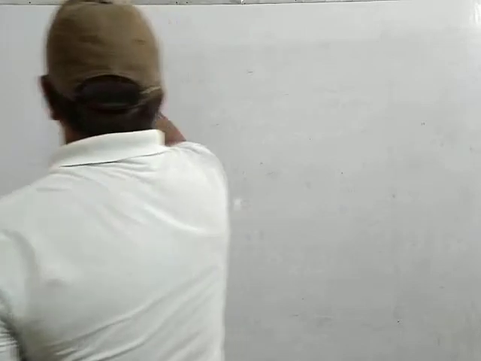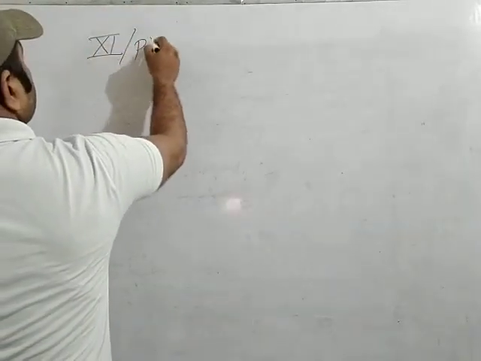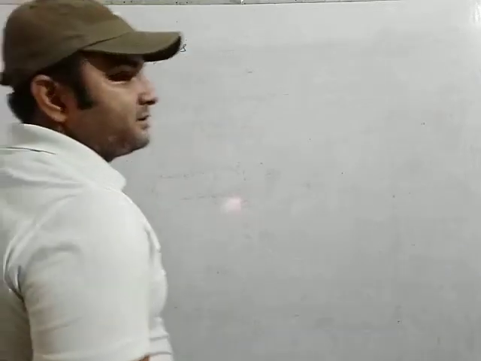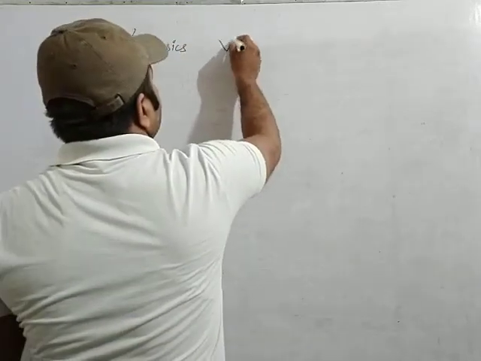This is the fourth lecture related to class 11 physics, second chapter, that is kinematics. And in this lecture, today we will discuss the dot product and cross product related to vector terms, our vector topic. Let's see. The concept of dot product and cross product is very easy in vectors.